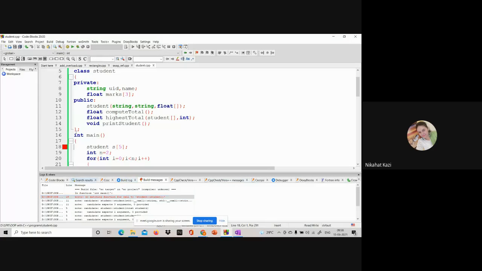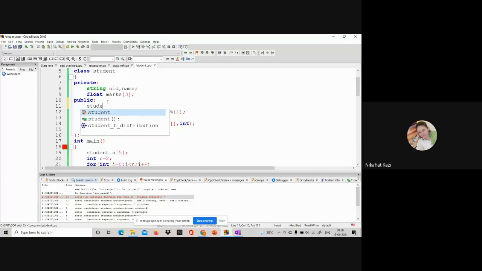Whenever I have a parameterized constructor and it is not having default values, I have to create something which is having no arguments. I need to have this no argument constructor.